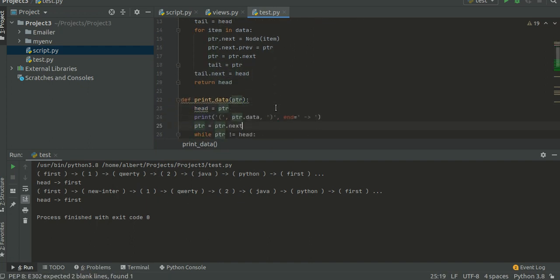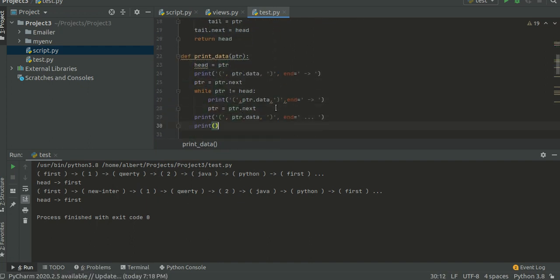Now let's see the printing function. This function prints the data of the linked list. First, initially head points to PTR, then we print PTR value, and then we iterate until we reach head, and we keep on printing. We compare the addresses over here. So unless the addresses are the same, we will keep on iterating, and once we reach the same address, we'll print it again, terminate the loop, and we'll print it one more time, and we'll give 3 dots.